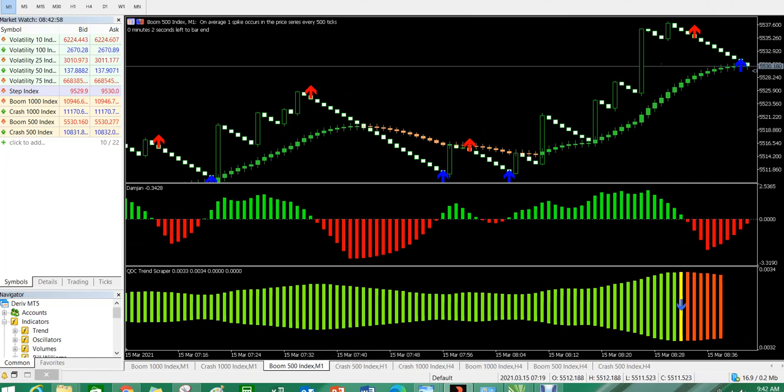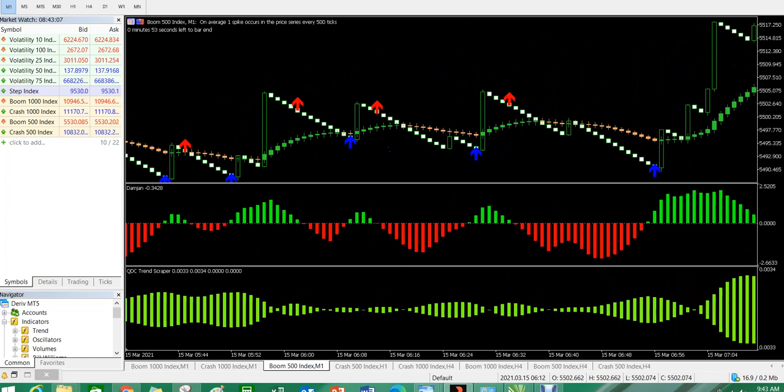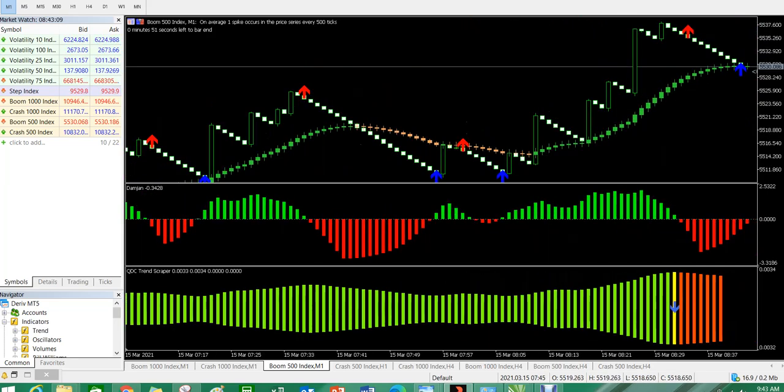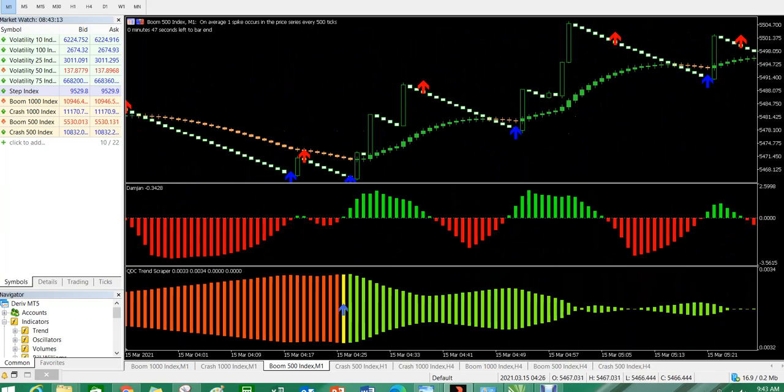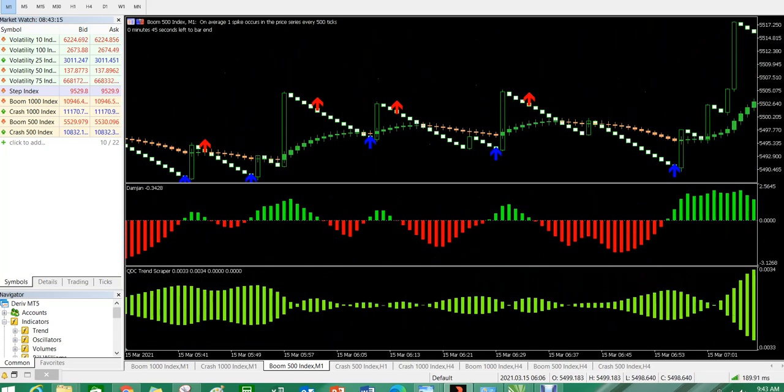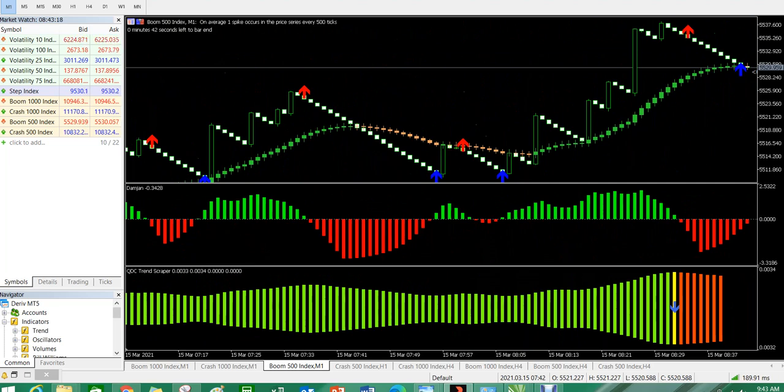So we'll be looking at Boom 500 quickly using the QDC scraper indicator. Okay, for Boom 500, you can see that it's been on an uptrend for a very long time. It has been spiking and spiking. If you check it out, the uptrend started from here, and it has been spiking and spiking and spiking